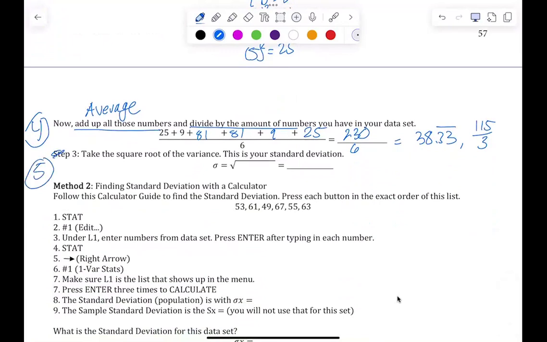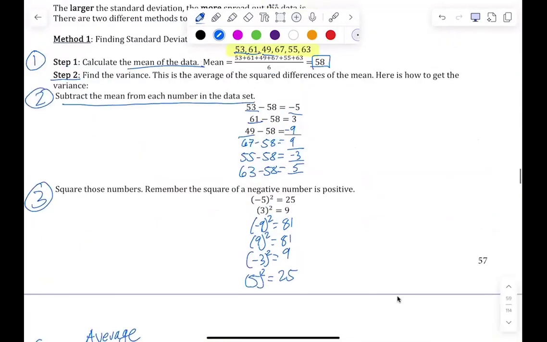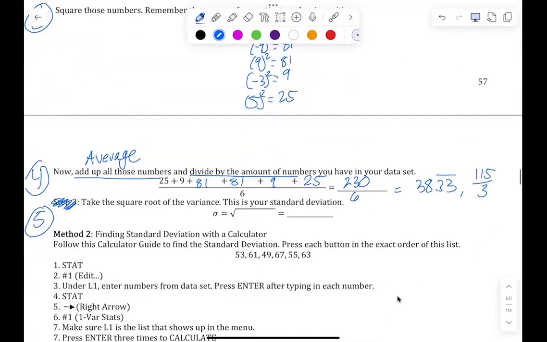Step 5, cross out step 3. That's not step 3, that's step 5. I like to simplify the steps. We're going to take the square root of that number. So in our handy dandy calculator,